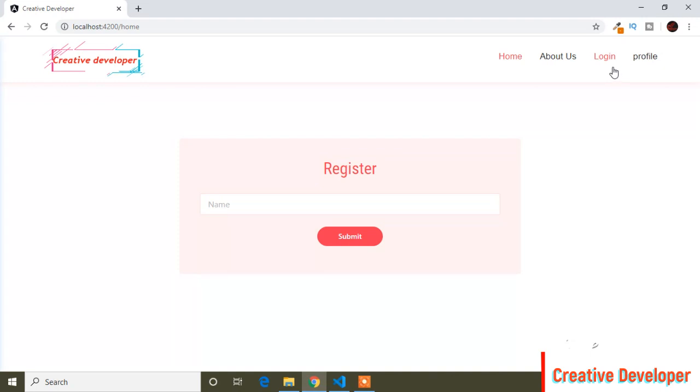So we use lazy loading, which you can call on-demand loading. My main page is home, so when we run our project we can see the preview of our main component like the home component, but we don't want to load the about us, login and profile components because that will take too much time. I want to load them on demand: when I click about us it will load about us, when I click login it will load the login component, and the same way the profile component. For that we use lazy loading.